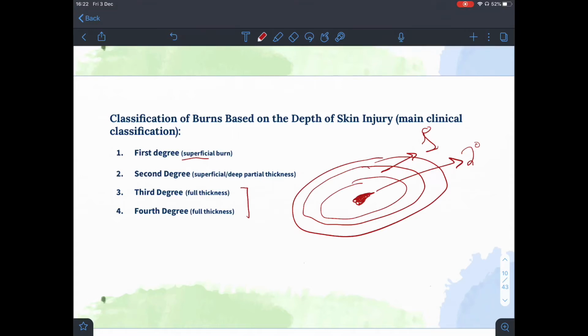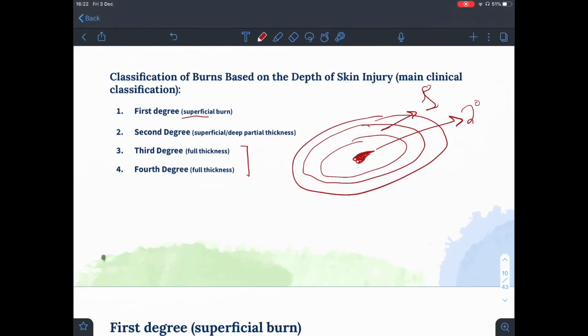تمام، so زي ما قلنا second degree burns are surrounded by first degree burns and third degree burns are surrounded by engorged erythematous area second degree burns. طيب ونفس ما قلنا أول site اللي comes in contact with the burning agent is the deepest site of the burn. تمام،